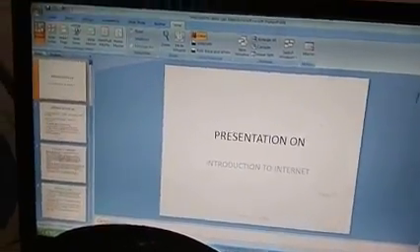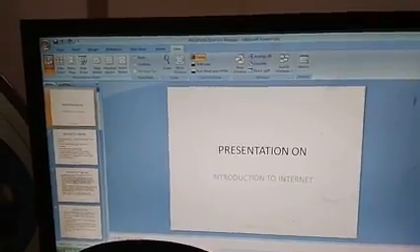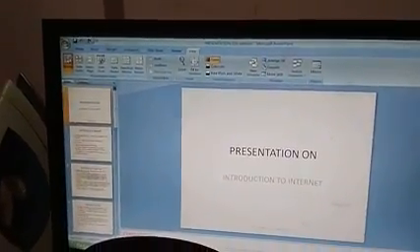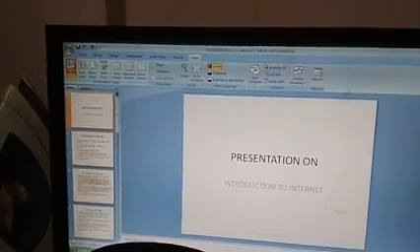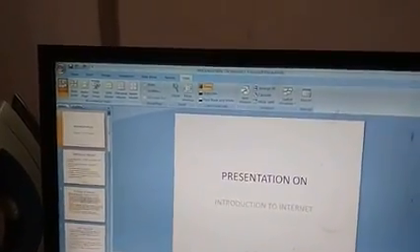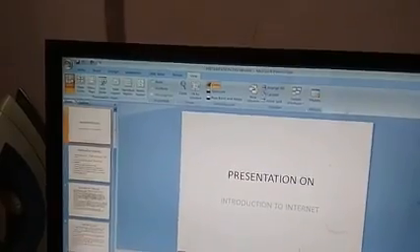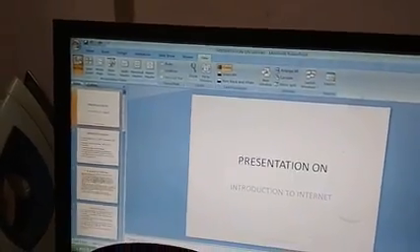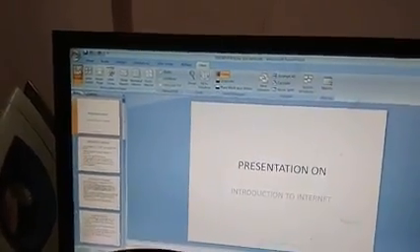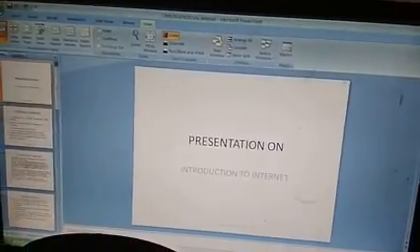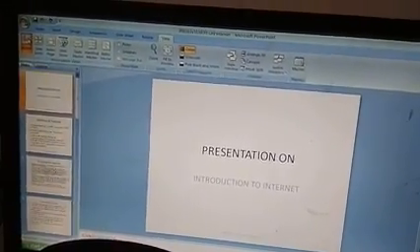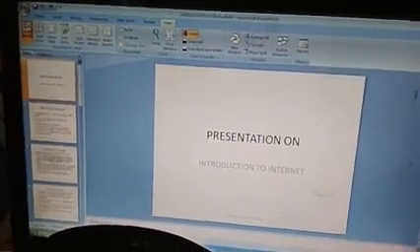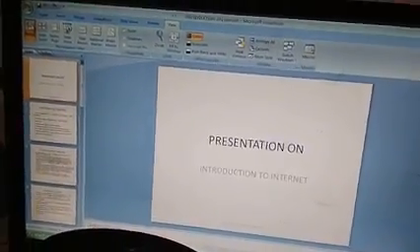Okay, and if a definition is asked, like viewing all the available slides at a stretch in one screen, that option or that view is called what type of view? Your options will be given like Normal view, Slide Sorter view, Notes Page view, Slideshow view. So that view will be which one? That will be the Slide Sorter view. Okay, so such types of questions will be framed on the views.